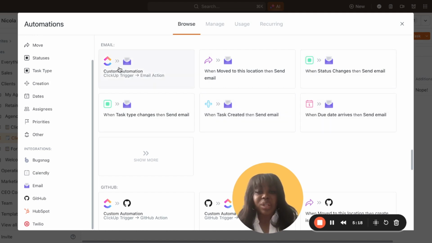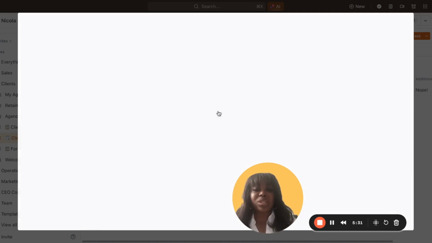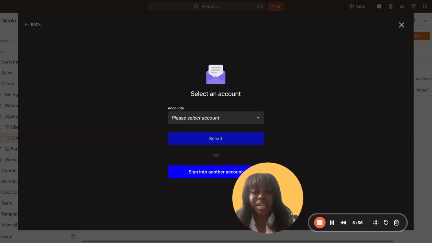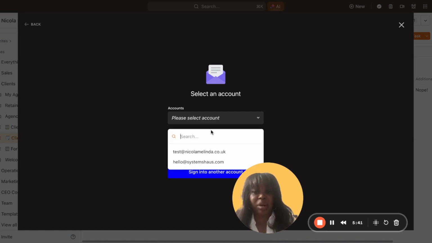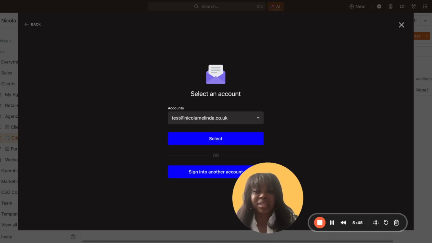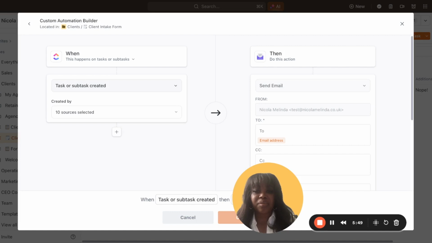And you also have the option to create a custom automation, which means that you can decide what the trigger is. In this example, we're going to keep it simple and start with when a task is created, then we can send the email. So when that task hits the list, we then want to send that email. So we're going to apply our email address, click select,